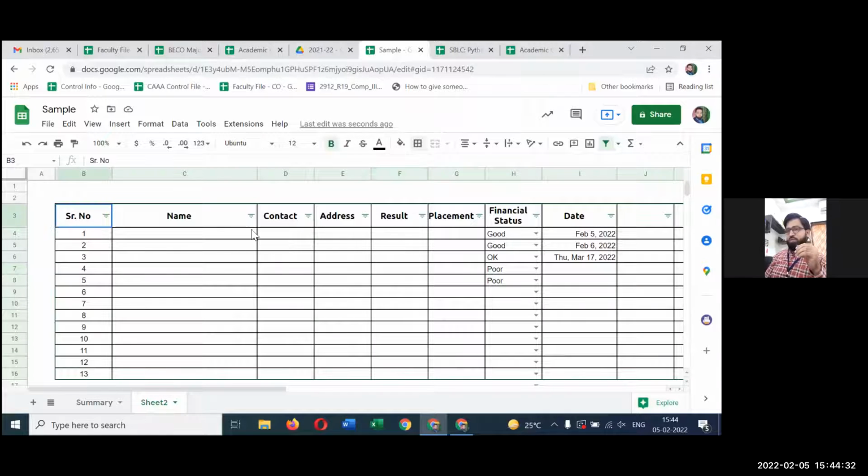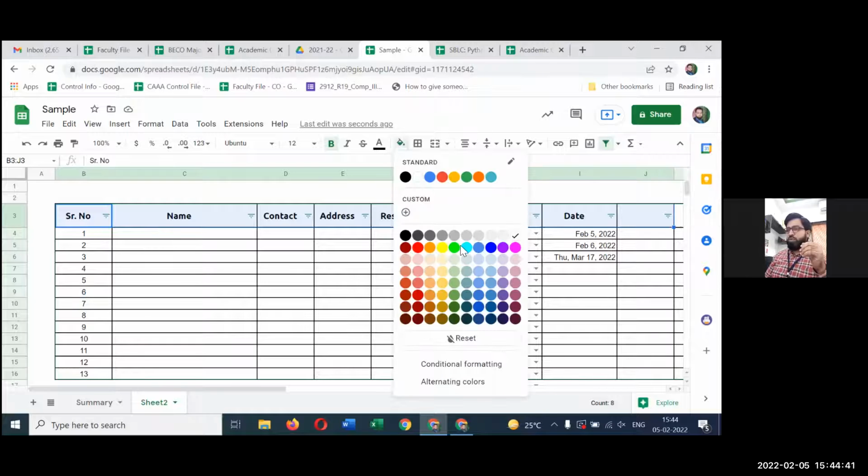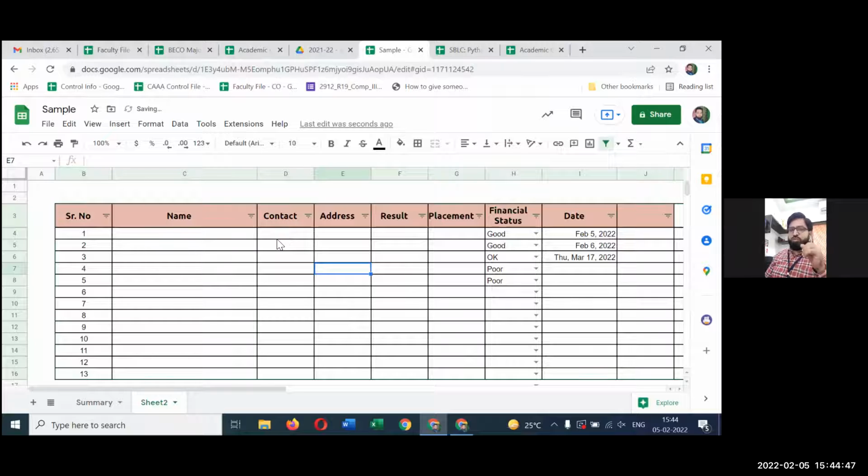Then you can keep your data with different colors. You can play with it. यहाँ पर जैसा कि अगर मैं, this is fill color, so background color will be filled. I can change the background color. For example, something like this. So background color यहाँ पर change हो गया. Then I can change the color of my text also. So while playing with that kind of thing, I can make it more presentable. I can make it looking much better and much readable.